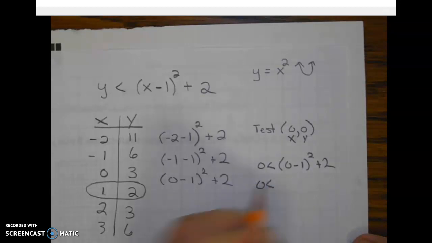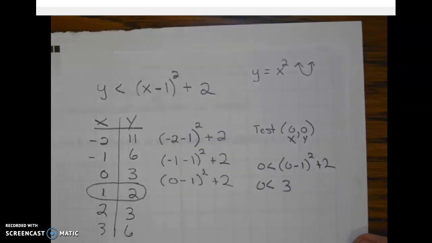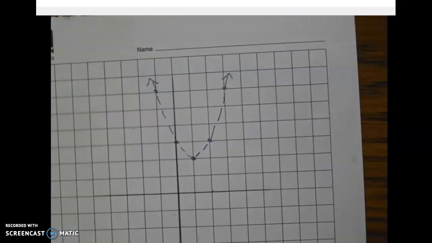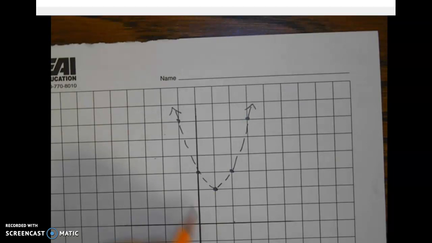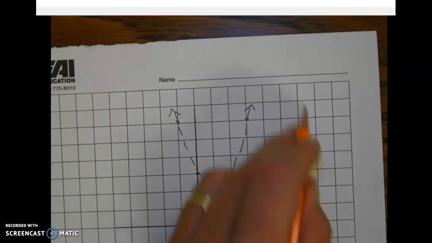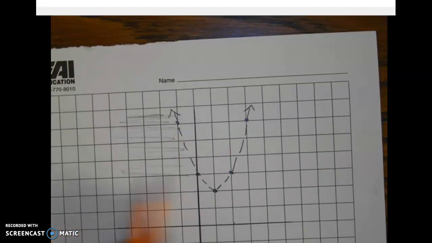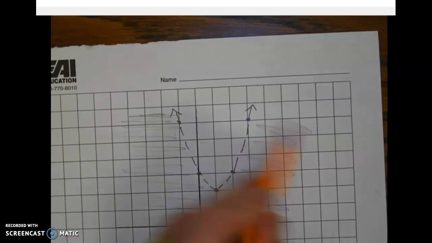Okay, so 0 is less than, it's going to be -1 squared, which is 1. 1 plus 2 is 3. Okay, so is 0 less than 3? Yes, that's a true statement. So we shade in the area of the point. So looking back here, so notice where 0, 0 is. It's on the outside of the parabola versus the inner part of the parabola. So basically, the solutions are going to exist anywhere on the outside of this parabola,